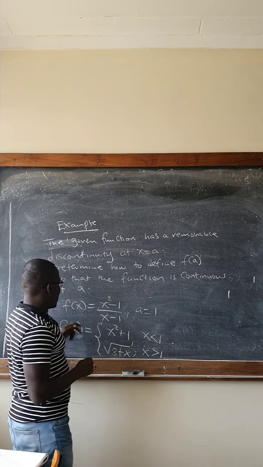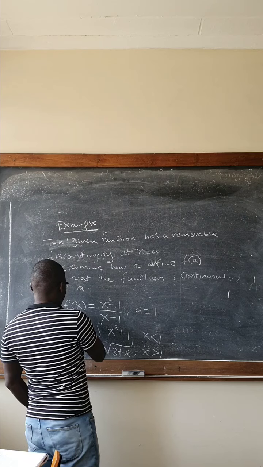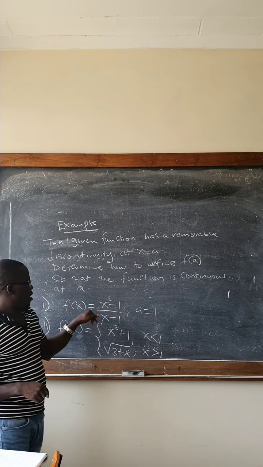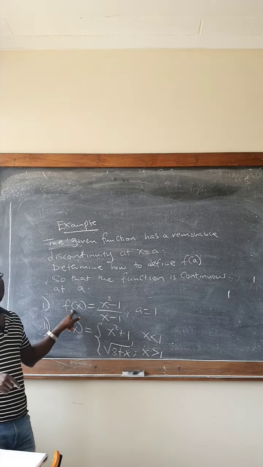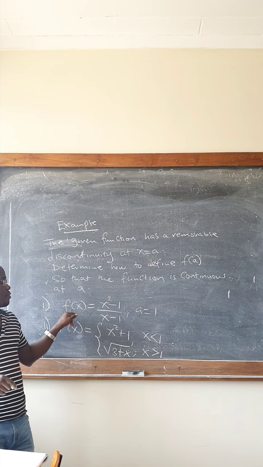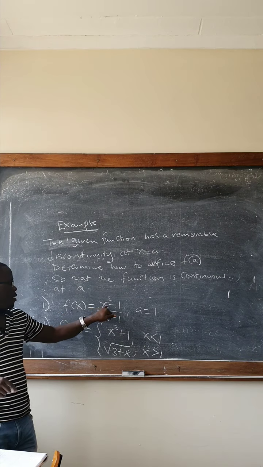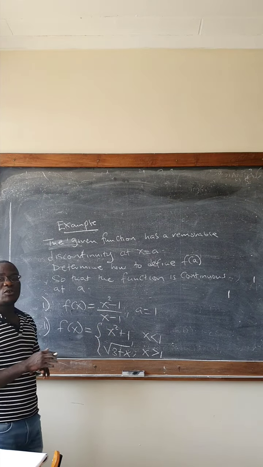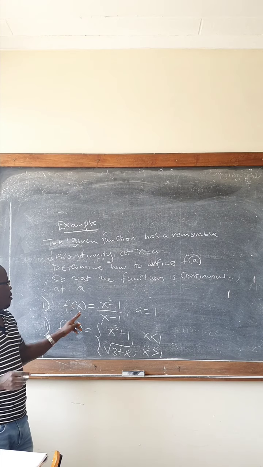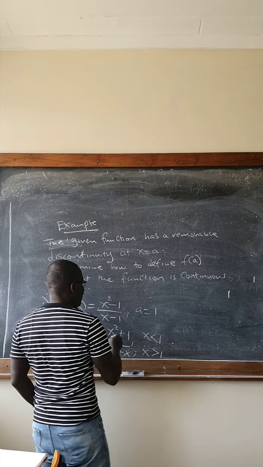Now here, remember, we have f of x is this. By mere fact that at a is equal to 1, it is clear from here that f of 1 is not defined. Because when you put 1 here, this will be 1 minus 1 divided by 1 minus 1. So it's over 0. So the function is not defined at 1. But if we compute the limits